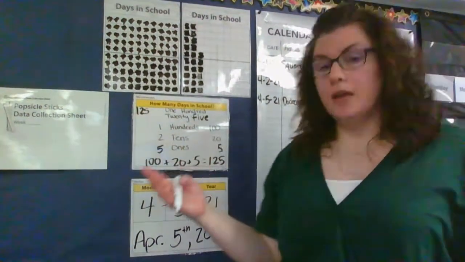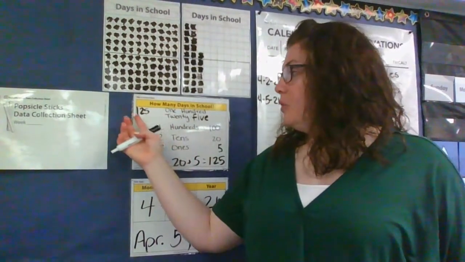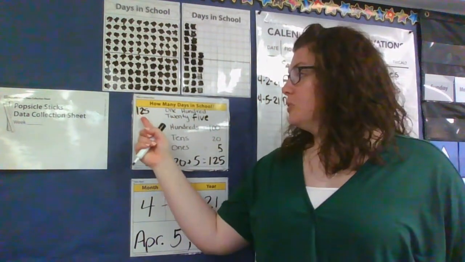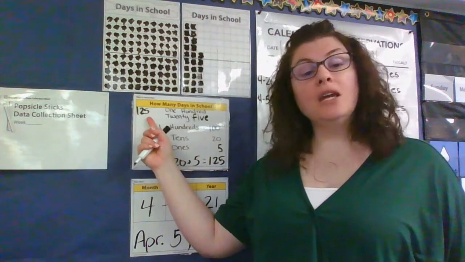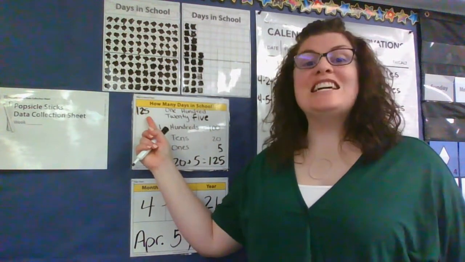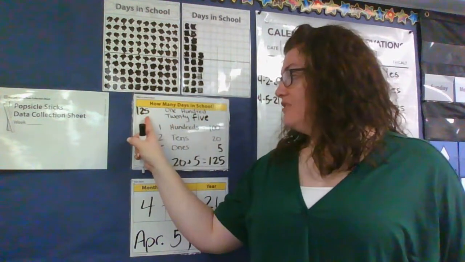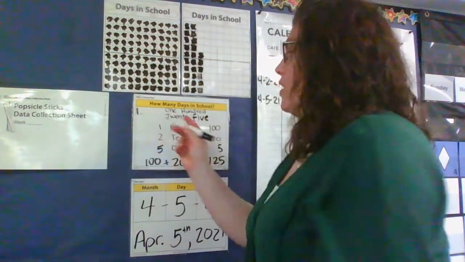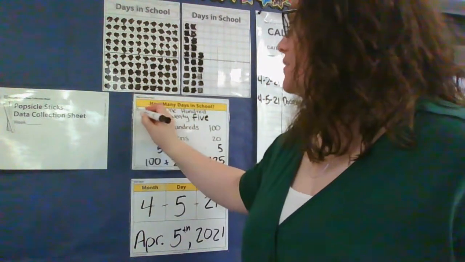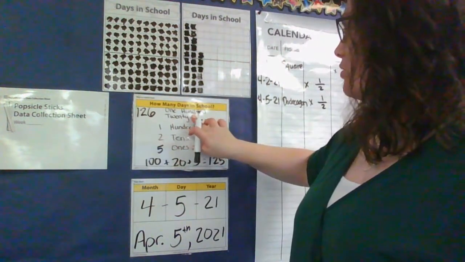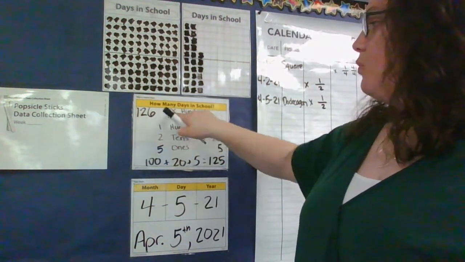So, thinking about our patterns, our number patterns, if we have 125, what is one more? 125, 126. You got it, because we know that pattern that if we're adding by 1, we just have to add 1 to that 5. So instead of 125, today is day 126. We're going to update our written form. So we're going to say